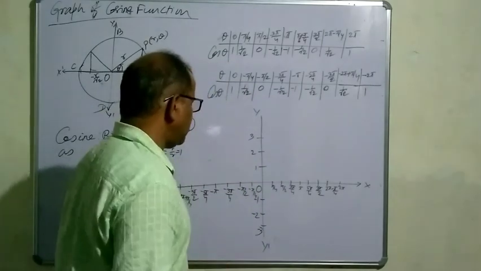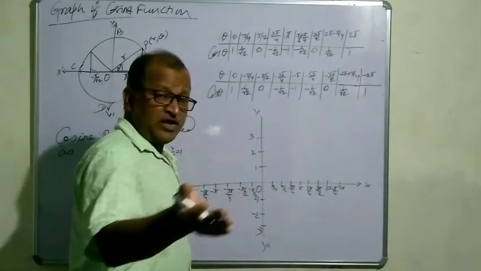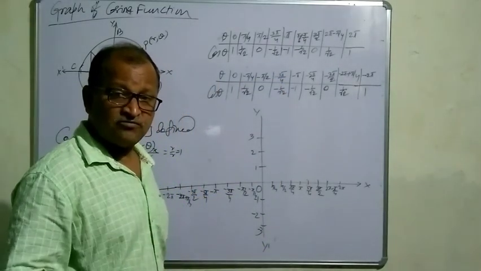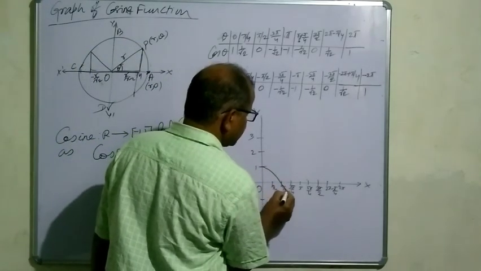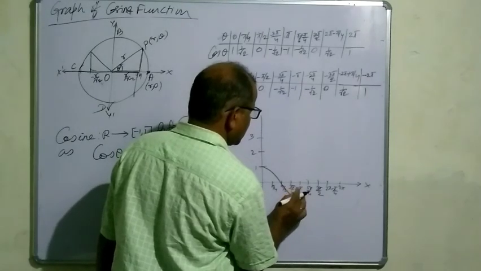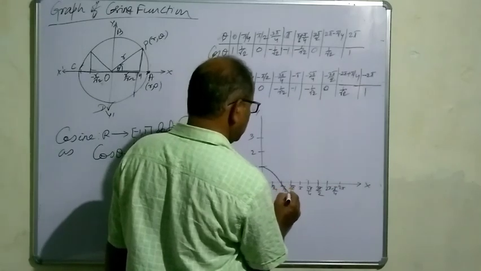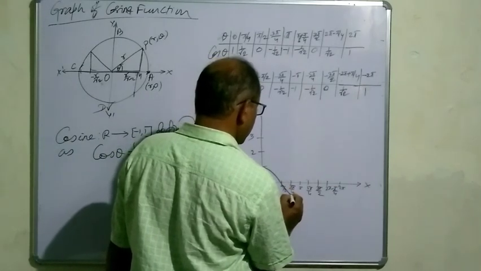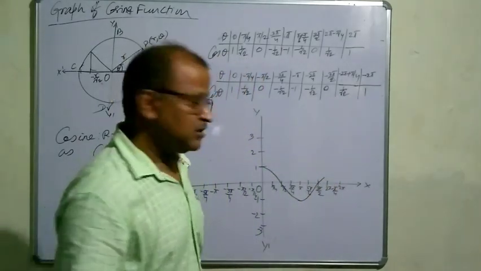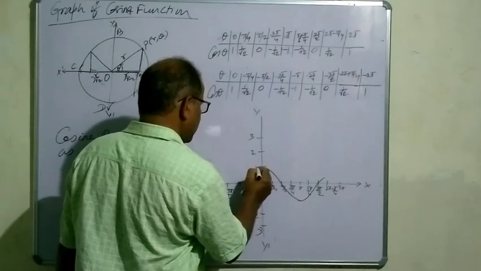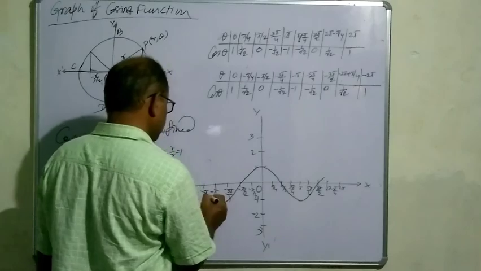Okay, so when it is 0, its value is 1. Compare the graph with it. So it will be like this. At pi by 2, it is 0. It will be like this. Here it will be minus 1, like this. And its curve will again be...